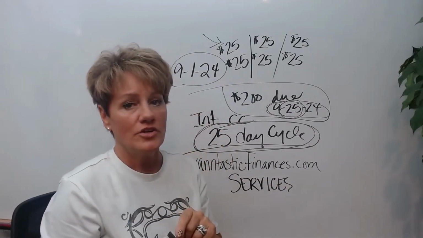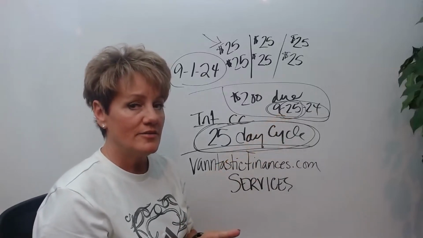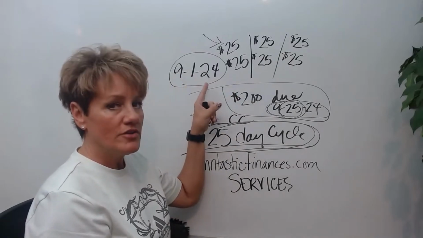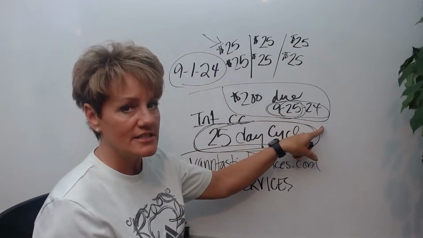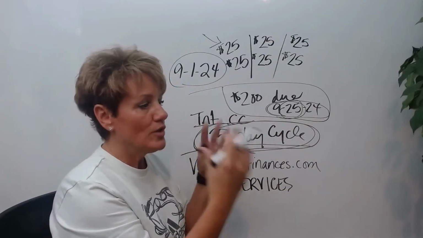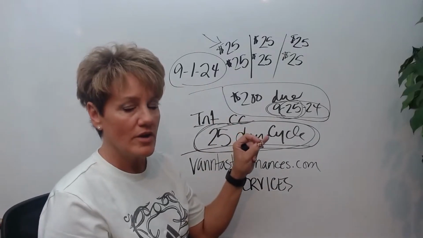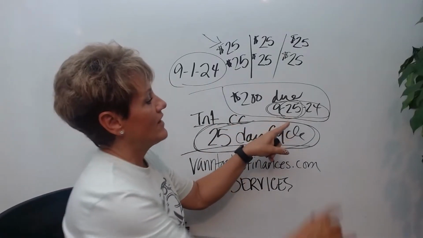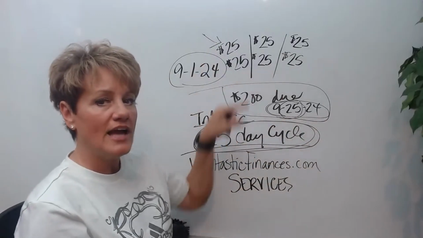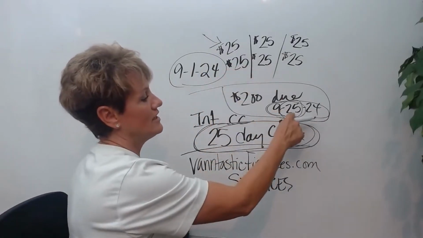Now, my credit union credit card, if it has a due date of the 25th, and it does, you have to start doing these increments after the 1st of the month. You cannot start on the 26th. Why? Because the statement date that they do all their calculations occurs at my bank on the 30th, the last day of the month. So if I make payments between the 25th and the 30th, it is not going to apply to my next due date. All of it is going to go in this month.